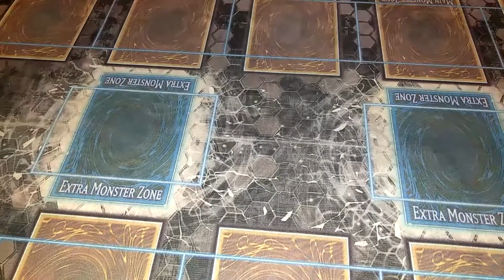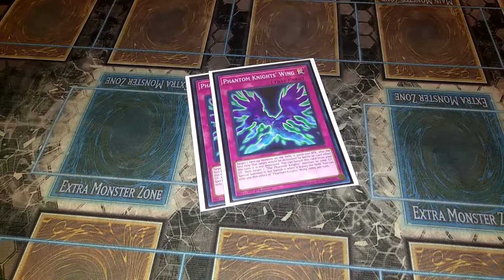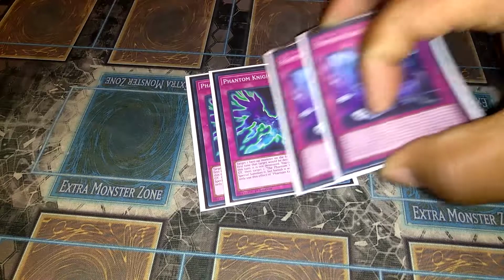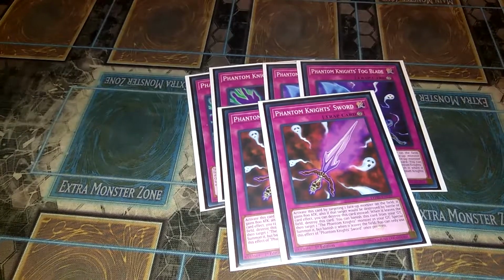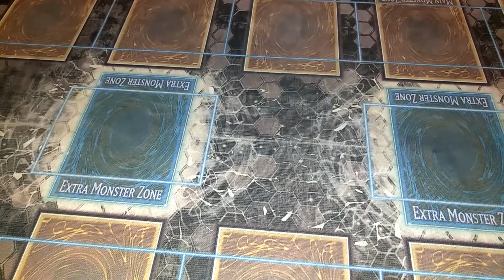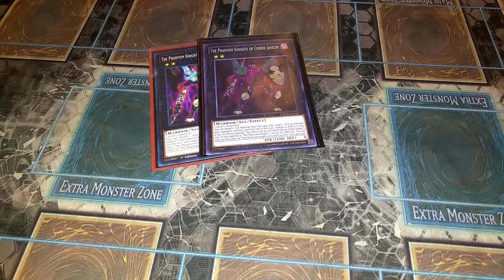Now the regular traps, we got 2 copies of Wings, 2 copies of Fog Blade, and 2 copies of Swords, which don't become anything but items, or just the cards themselves, just continuous trap cards. As far as extra deck monsters, 2 of Cursed Javelin,